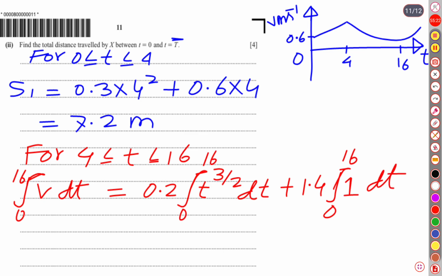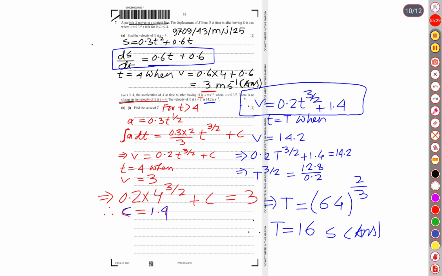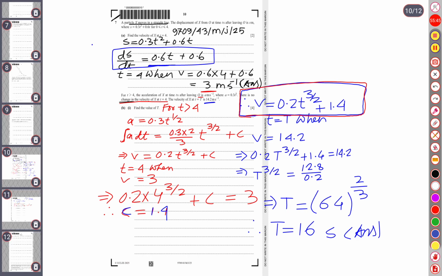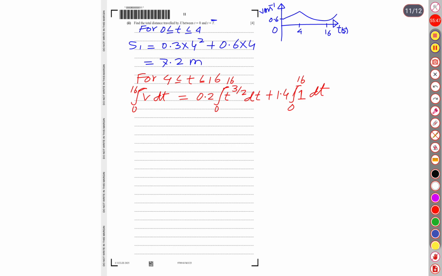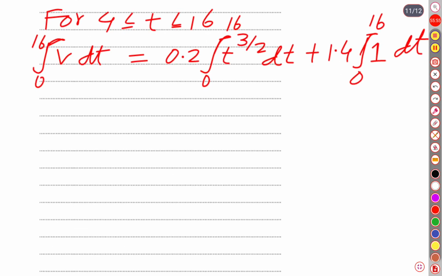Okay, let me show you whether we have written correctly or not. From the previous page we can see for the second phase, look at this, our velocity was this expression. That's why we have written 0.2 t raised to 3 over 2 plus 1.4 into 1. Okay, now if we simplify or substitute the values, it is going to be,